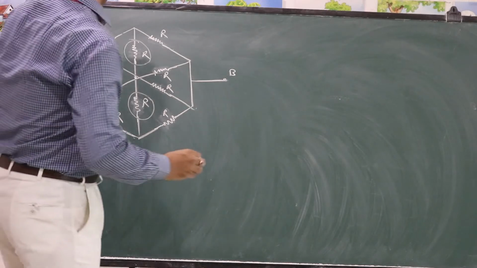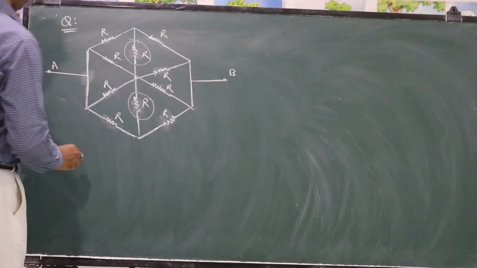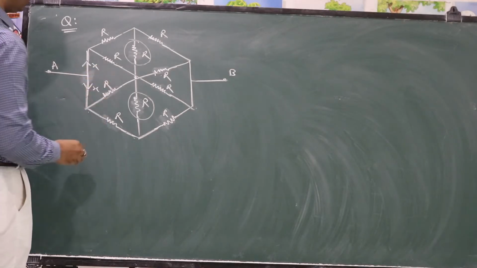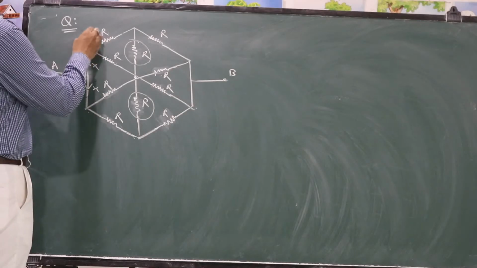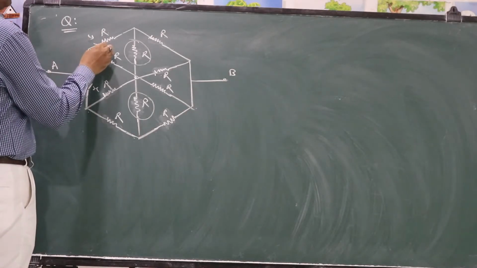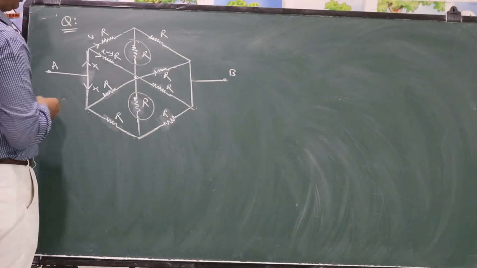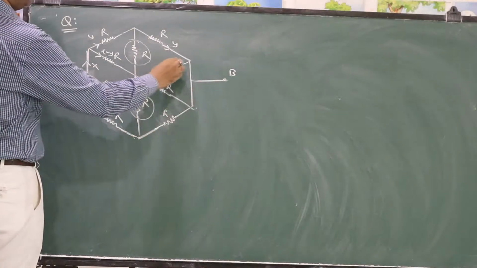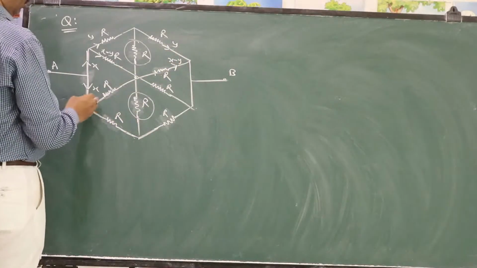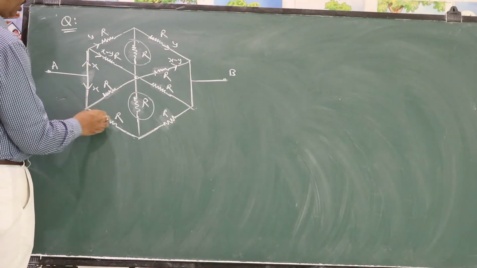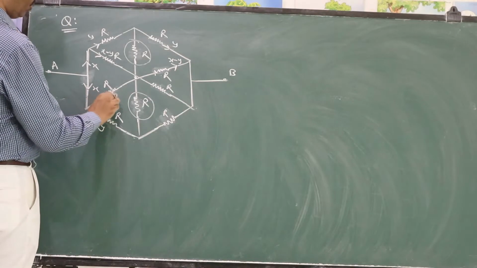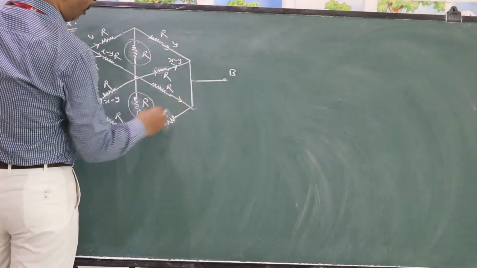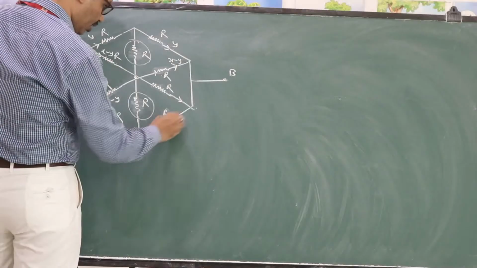Then after omitting these resistors, if you find the distribution of current, the distribution is like this. Let us see. Suppose X is the current going like this, the same X will be the current going like this. From this X, some Y is the current going like this. Here X minus Y is the current going like this. Again, this Y is going into the same branch. X minus Y is going into the same branch. So likewise, distribution of current takes place. If Y is the current going to this branch, X minus Y will be the current going into this branch. So whatever current is going, it will be moving into the same branch.